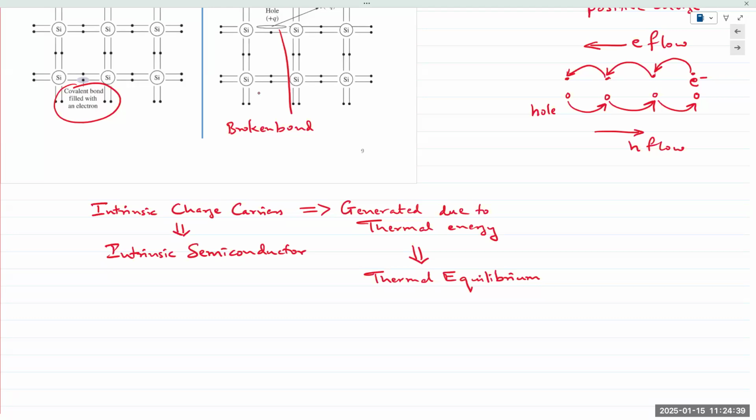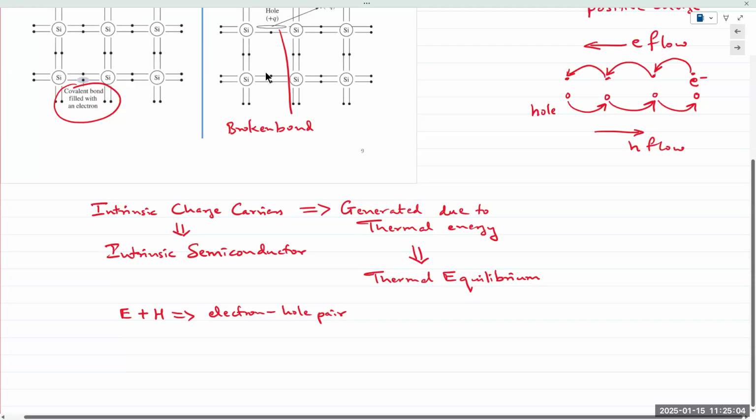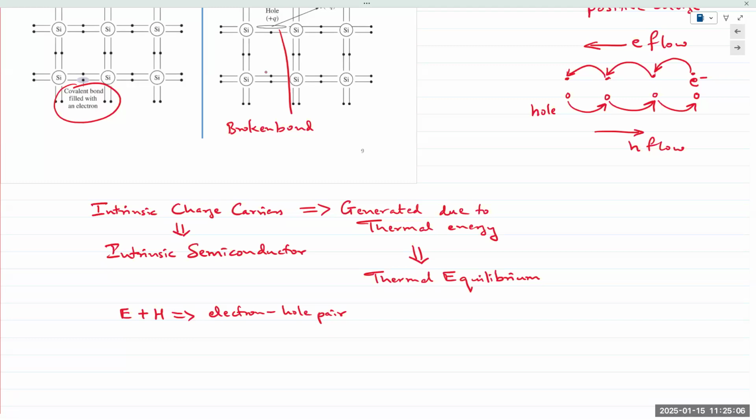So electrons plus holes taken together are labeled as an electron hole pair. So an electron moves out of its spot and leaves behind a hole. So it's an electron hole pair. Also, from this pair,